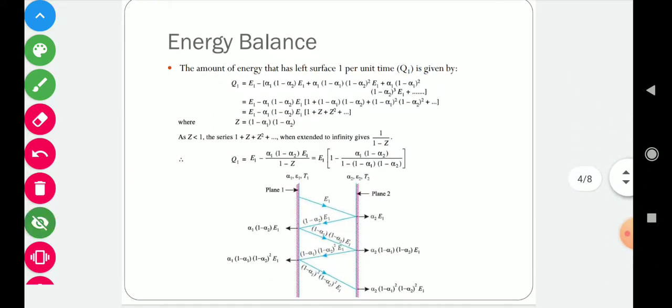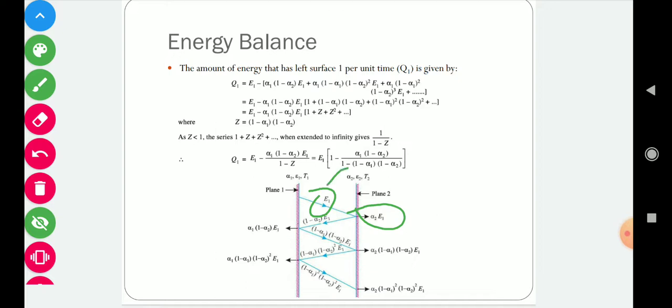Now we are calculating heat exchange between two infinite parallel plates. Let's say this one is plate 1 and this one is plate 2, and there is an energy exchange between these two plates. Because these are non-black bodies, this is the amount of radiation emitted by surface 1. Because it is non-black, only a fraction of the energy which strikes surface 2 will be absorbed by surface 2. If the absorptivity of surface 2 is alpha 2, then the energy absorbed by the surface will be,